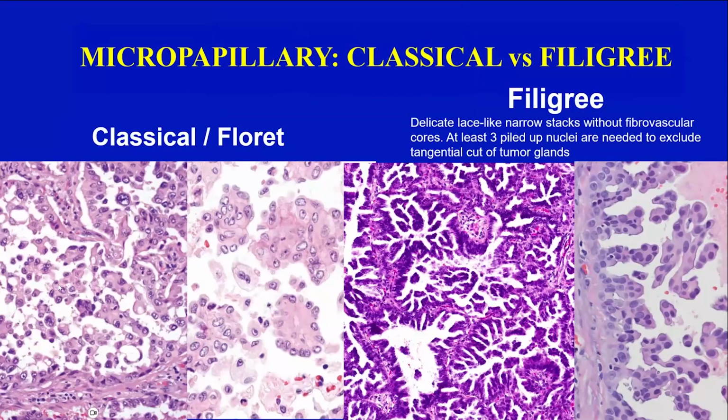So this is the classical or floret micropapillary pattern you see here on the left, where you have these micropapillary clusters lacking fibrovascular cores. And several years ago, we described this filigree pattern where you see stacks of tumor cells lacking fibrovascular cores protruding from the edges of these air spaces toward the lumen. And we require at least 3 piled up nuclei because we want to make sure we exclude tangential cut of